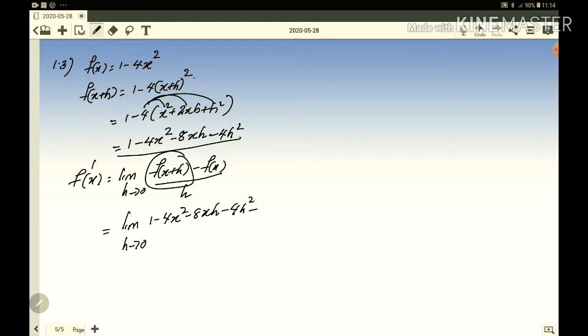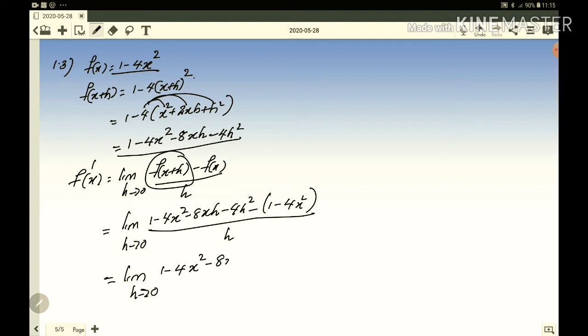Then minus f of x, since we have more than one term, use bracket, 1 minus 4x square, all divided by h. So it's going to be limit, open the bracket, h tends to 0, 1 minus 4x square minus 8xh minus 4h square, minus times plus 1 is minus 1, then plus 4x square